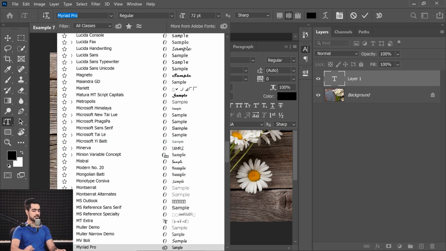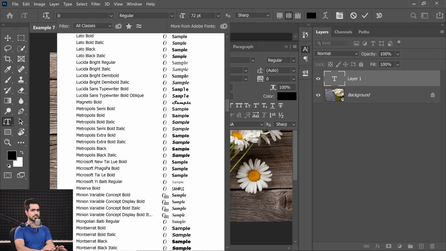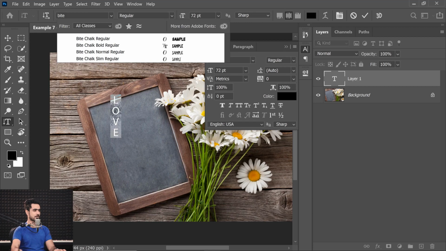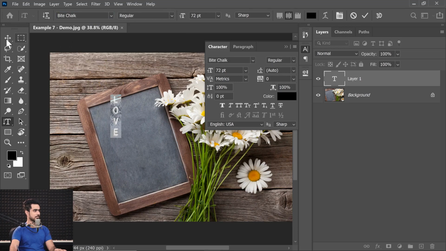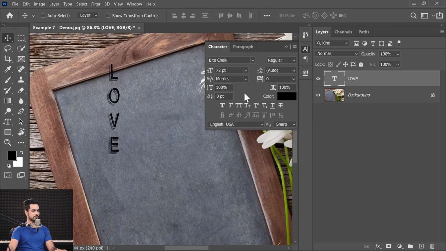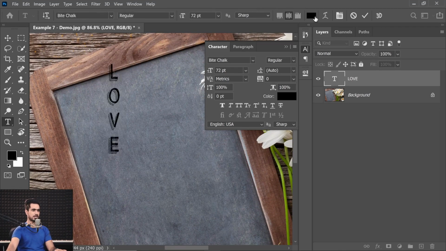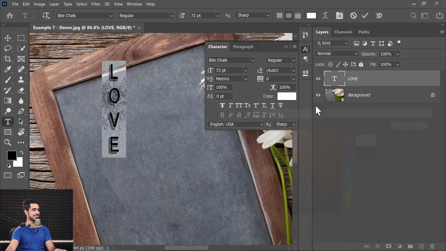This time we're going to choose a very good font that goes with chalk, that is called Byte Chalk, that I downloaded. Byte Chalk regular. There's a normal one as well. So the regular one is super cool, right? Also, chalks would be usually white, right? So let's choose white as the color. Looks pretty good. And here's the great part. You can select all the text, hold the Alt key or the Option key, and decrease the space between the